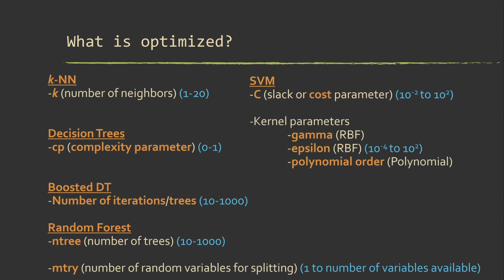One thing that's kind of problematic with SVM is that there's a wide range of values you can test with these different parameters. For the cost parameter, generally people look at 10 to the -2 up to 10 to the 2. Here's an example for epsilon there. Polynomial order could be 1 up to 10 or something. So with SVM, there's a wide range of values. It's kind of infinite, so that makes it a little more difficult to optimize than some of the tree-based methods.